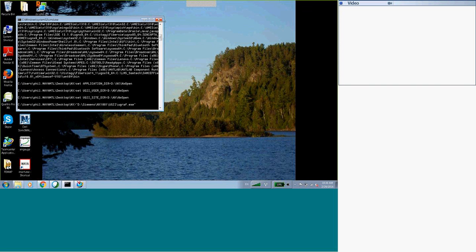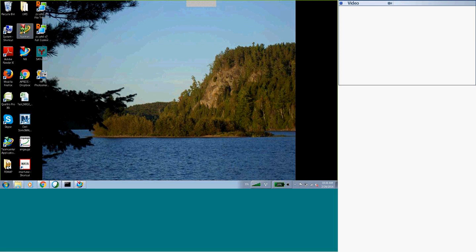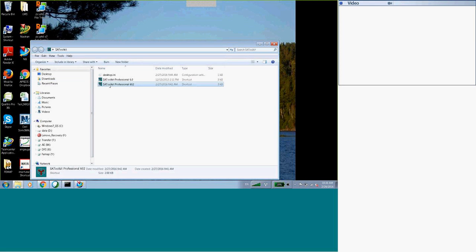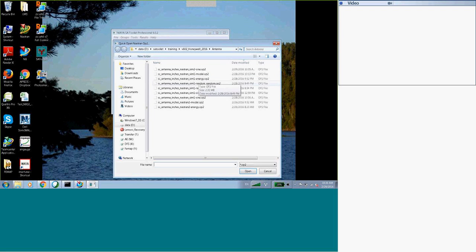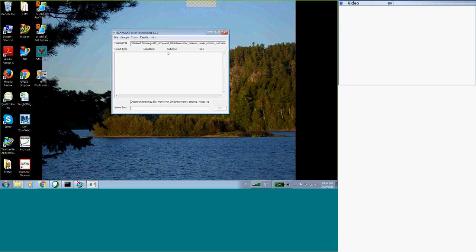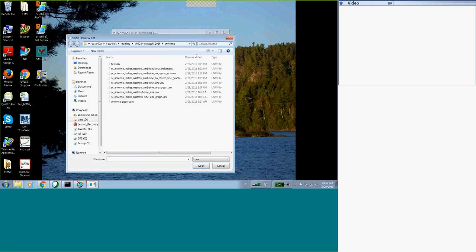I'll go to toolkit. I'll do open this time on the OP2 file. I'll import the universal file. I have to redo this because I switched computers.